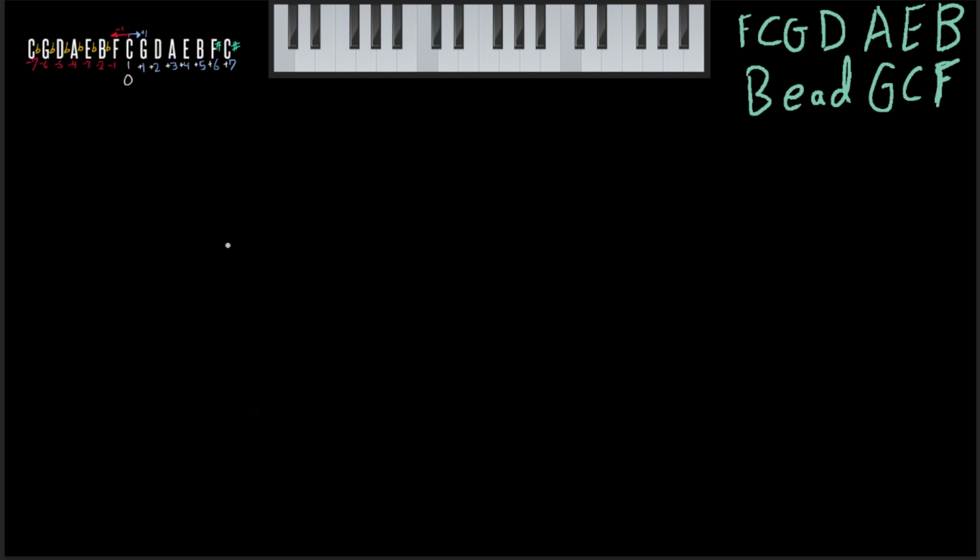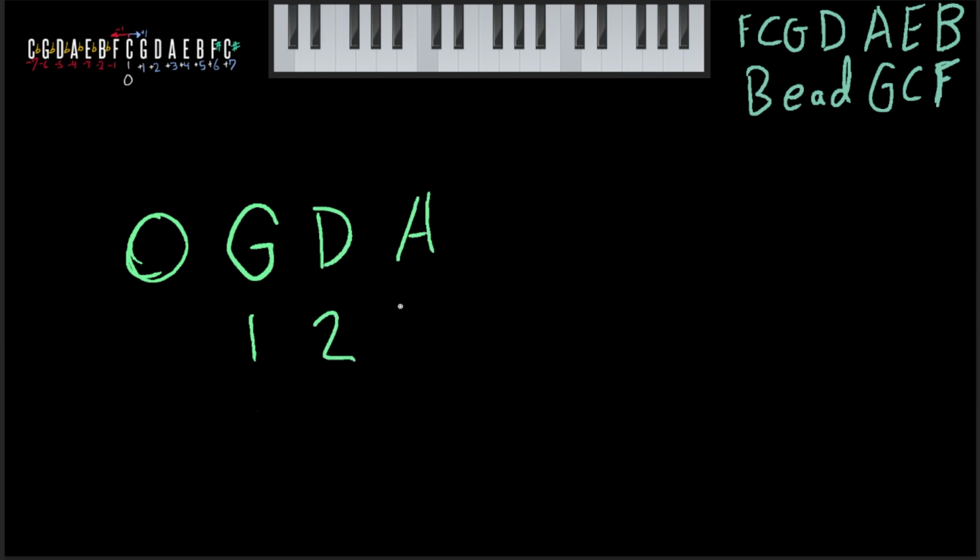Actually, before that, if you still have trouble with the major scales, let me show you a simple trick. Remember how I said C kind of looks like a 0? Well, I did the same thing with the rest of the letters in the past, and that's how I remembered it. Think about strokes. How many strokes does it take to make a G? 1. How about a D? 2. A, 3. E, 4. And then B, I give it the Lara Croft: 5. All right, so 1, 2, 3, 4, 5. Just remember it like that.